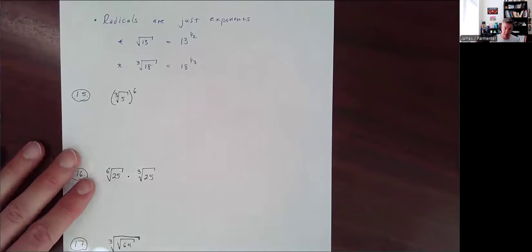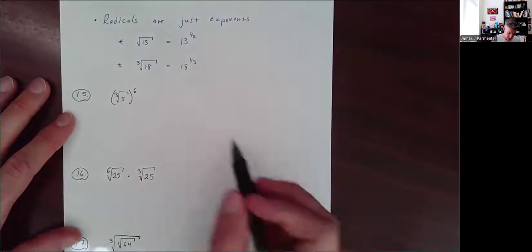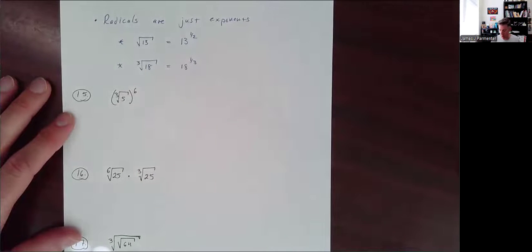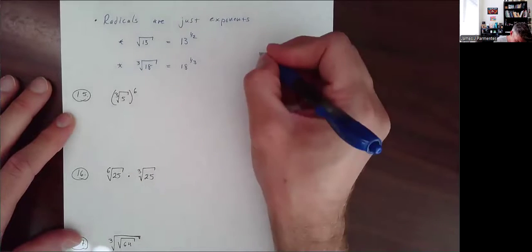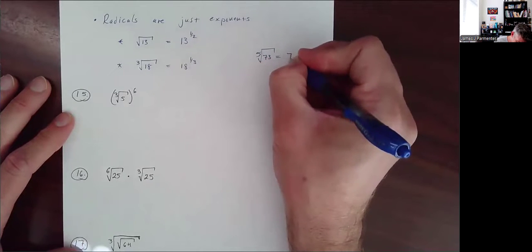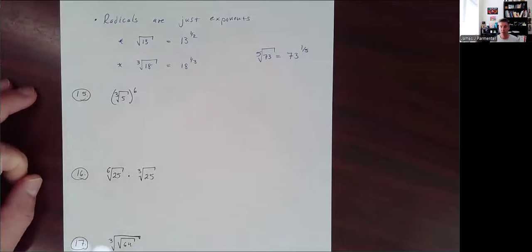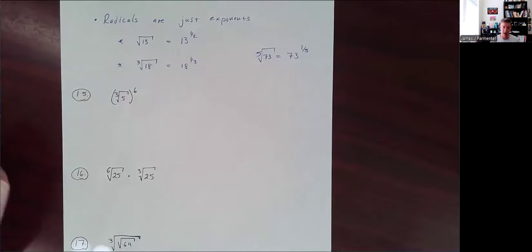Radicals are just exponents. The square root of 13 is the same as 13 to the 1/2 power. The cube root of 18 is the same as 18 to the 1/3 power. And any radical, like say the fifth root of 73, is the same as 73 to the 1/5 power. Which means if we're trying to simplify a thing, it often makes sense to write everything as powers instead of